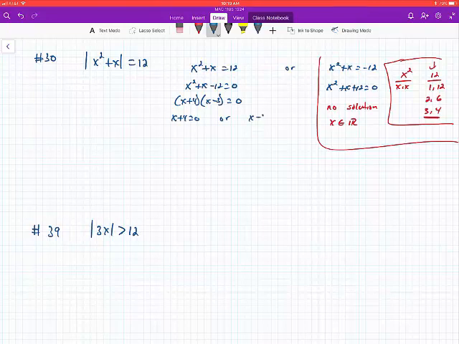And I get x is equal to negative 4 and x is equal to 3. So my solution set is negative 4, 3. All right, for number